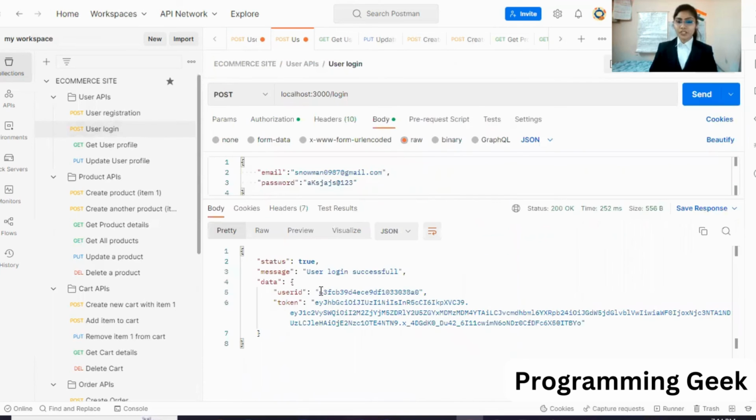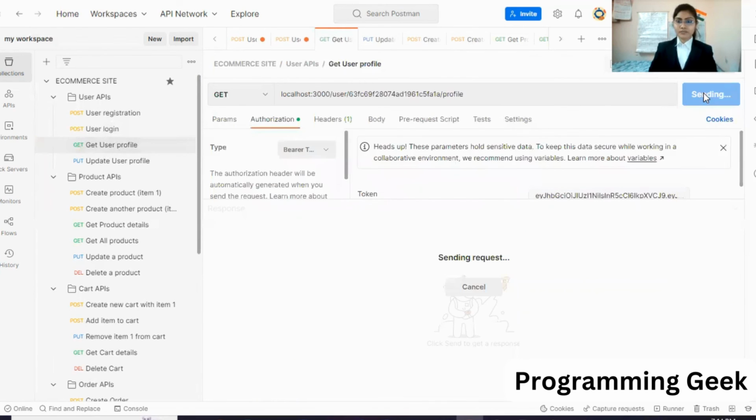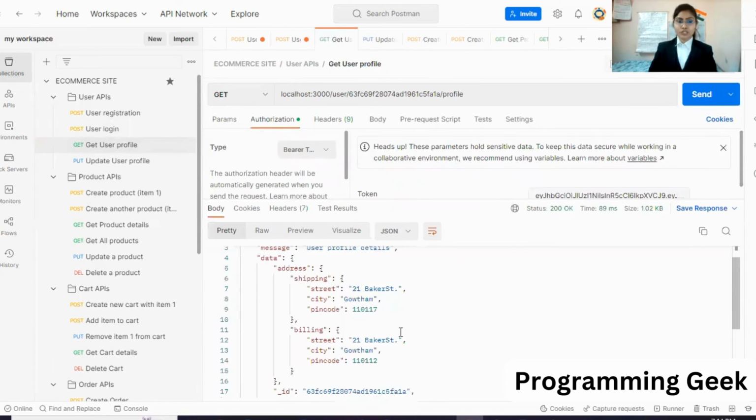It will give a JWT token for authentication and authorization. We have to put this JWT token in the bearer token. First, for fetching the data, it will give us the information about the user.